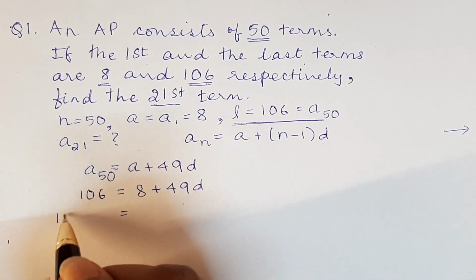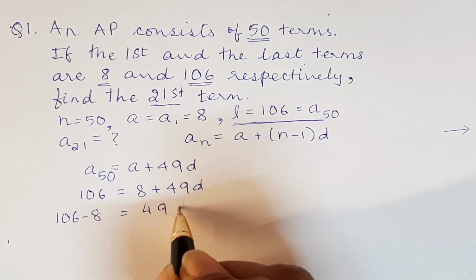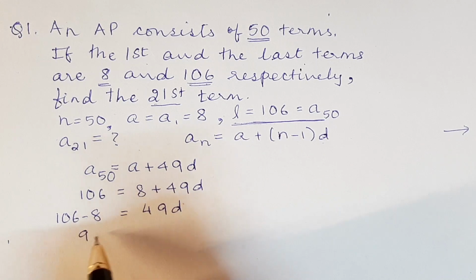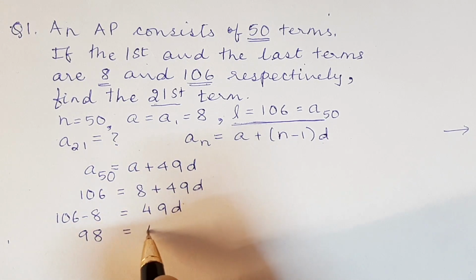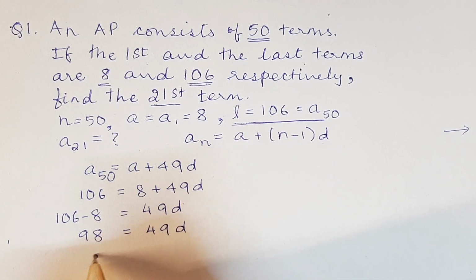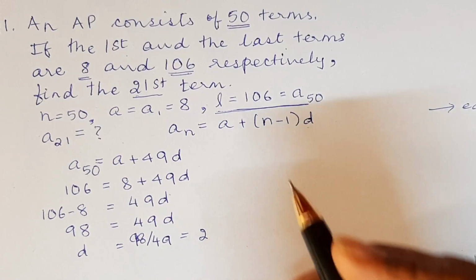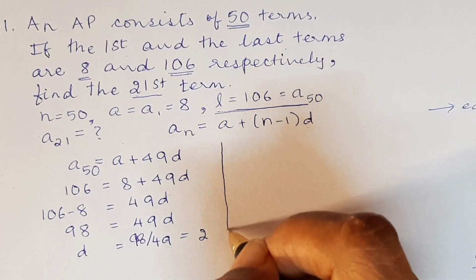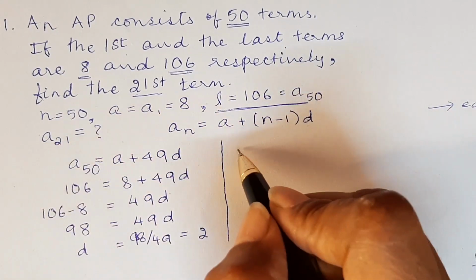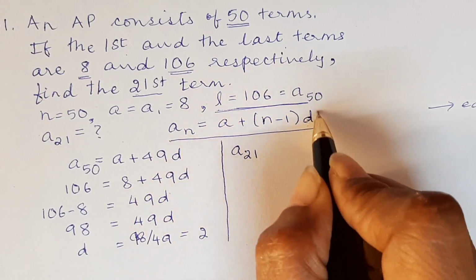And so 106 minus 8 is equal to 49D. And so 98 will be equal to 49D. And that gives us D equal to 98 upon 49, which is equal to 2. Now, we have to find A21. So A21, using this formula,